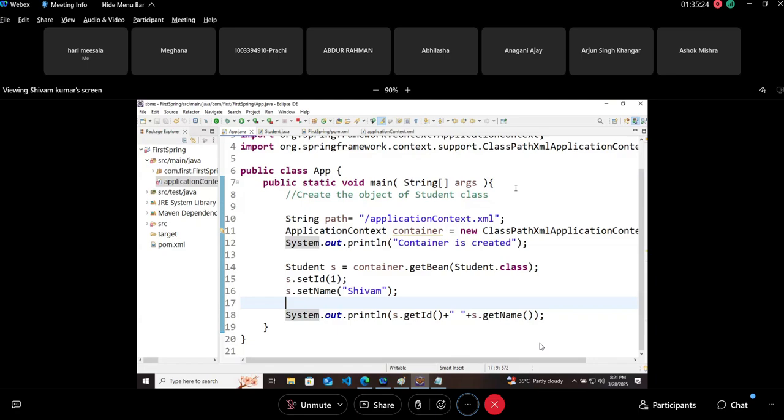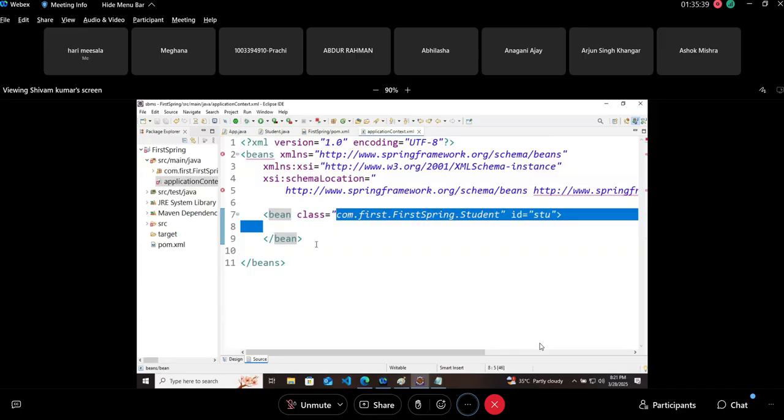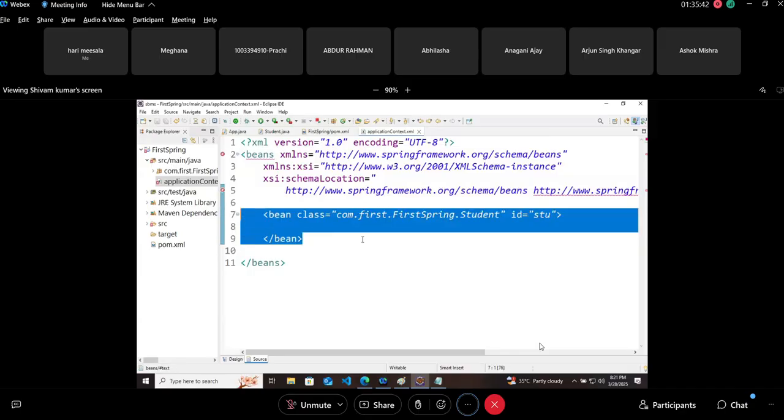Now, everything I have compiled in the file, if you see there, as many bean tags as there are, that many objects are created. Of course, if for one class only one bean tag is required, if you are not writing the values here. If you are writing values, then however many parts you are creating, that many bean tags will be required. It totally depends on the use case. Anyways, this is our next topic of discussion.